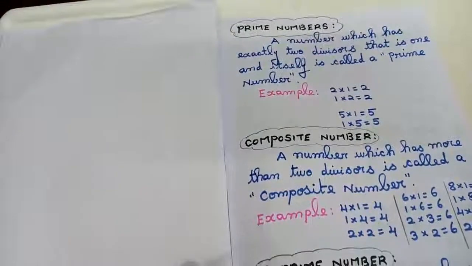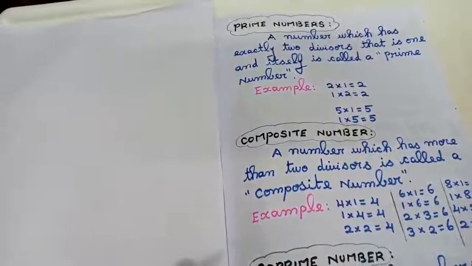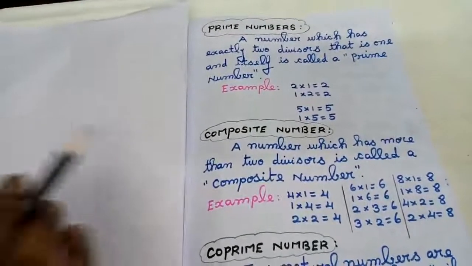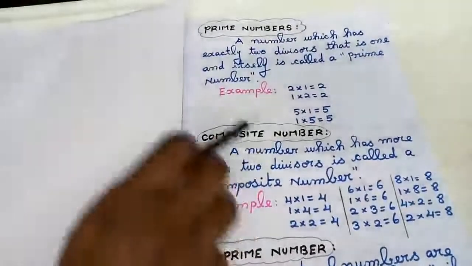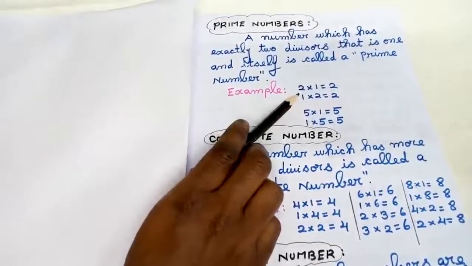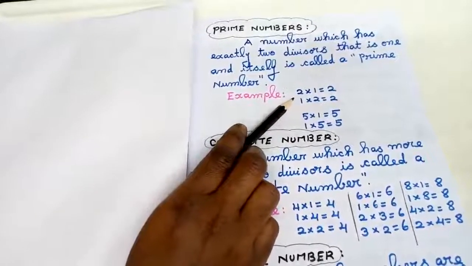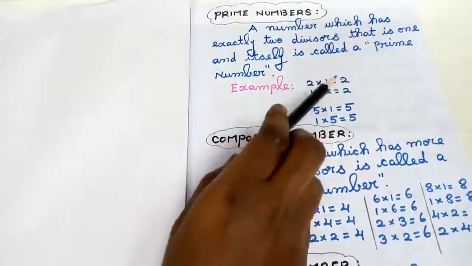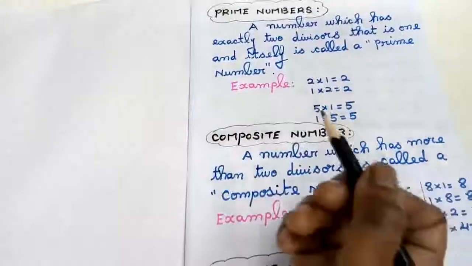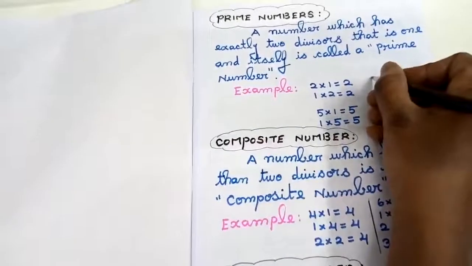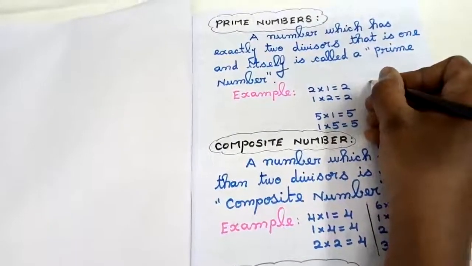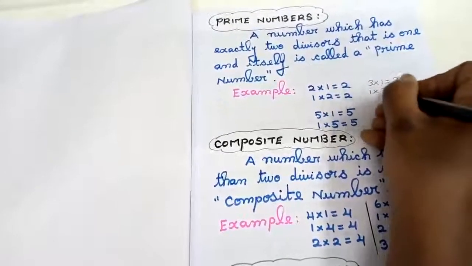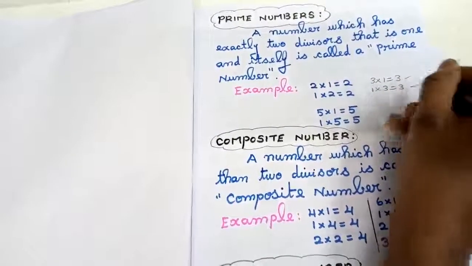Before starting with sum number 3 and 4, we are going to see the concept of prime, composite and co-prime. So what is the meaning of prime? First we will see the example. If I take the number 2, I must get the answer 2 when I am multiplying. So 2 ones are 2, 1 twos are 2. Similarly, if you take the number 3, if I multiply, I should get the answer 3, means 3 ones are 3, 1 threes are 3. Except this, I will not get the answer as 3.